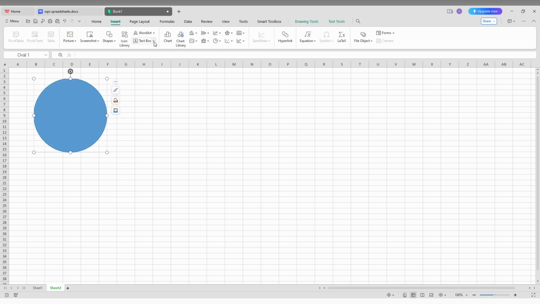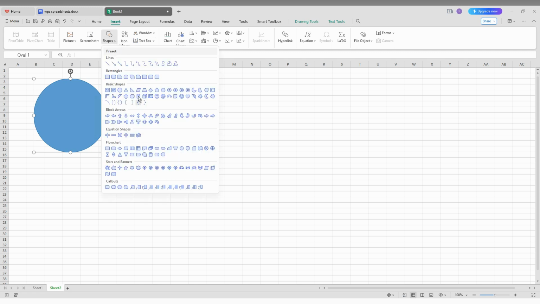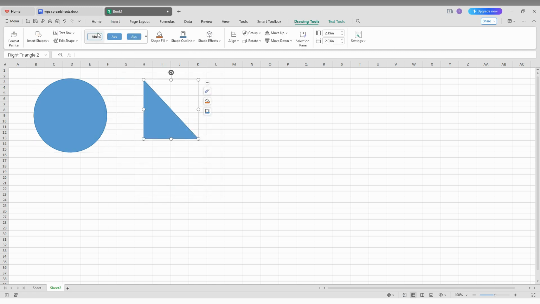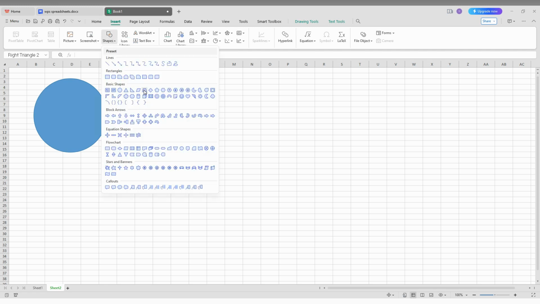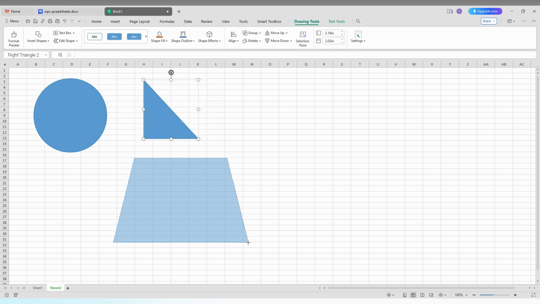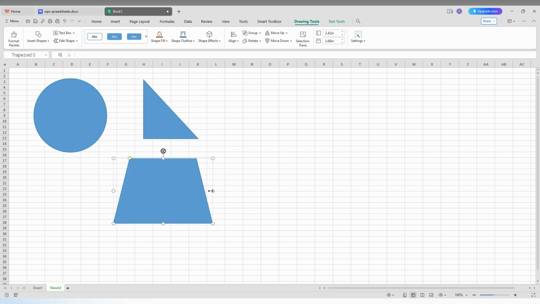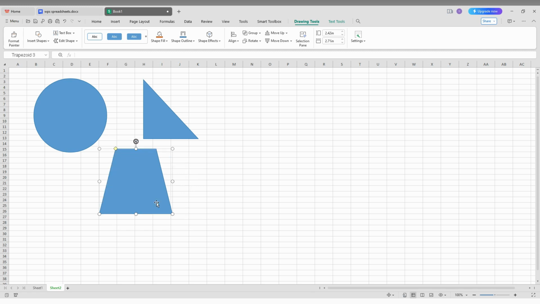So the same process can be repeated. Just going inside the shape and just drag it and create it. You can just resize it. You can just click on this and you can adjust the size of the shape, and then click